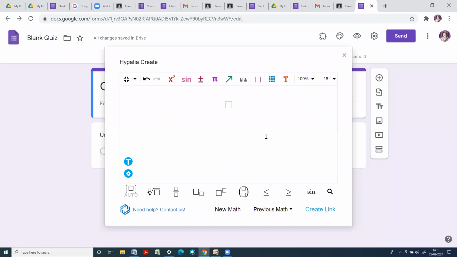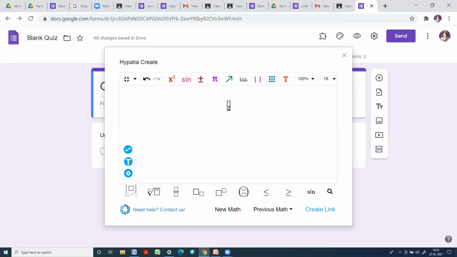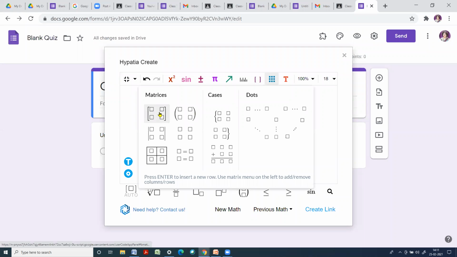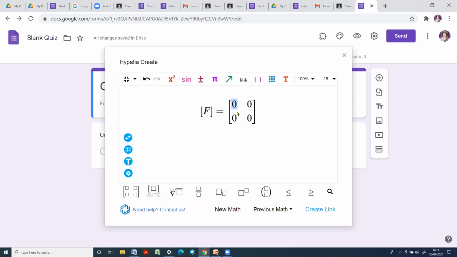Now once you click Hypatia, you will get this screen. So first I will click on this. I will select this bracket to write F is equal to. Then I want to add 2 by 2 matrix. For that you can click on these 9 dots, select these matrices and then give row number and column number, how many rows you want and how many columns you want. I want 2 by 2 matrix, so I will write here 2 rows and 2 columns, insert,